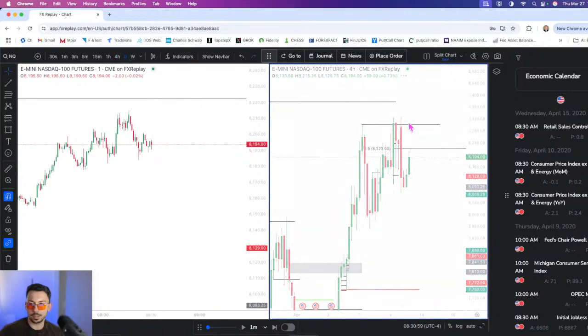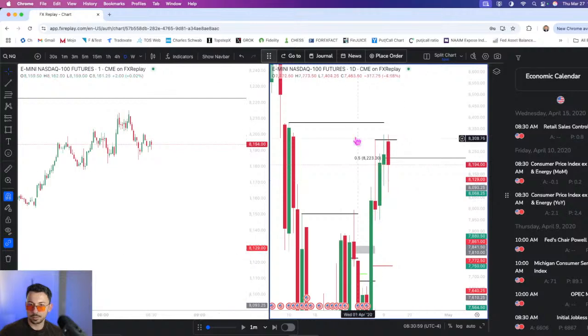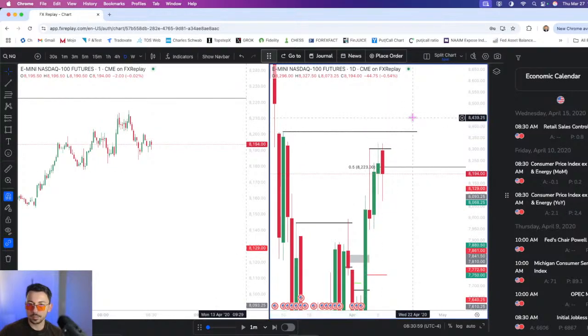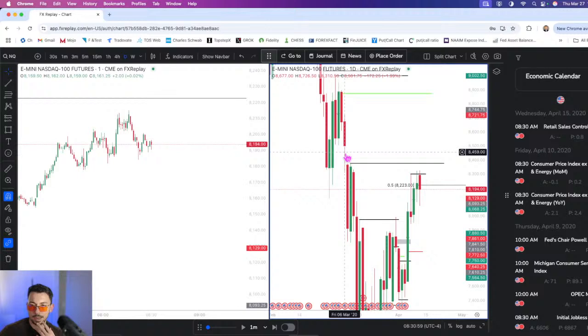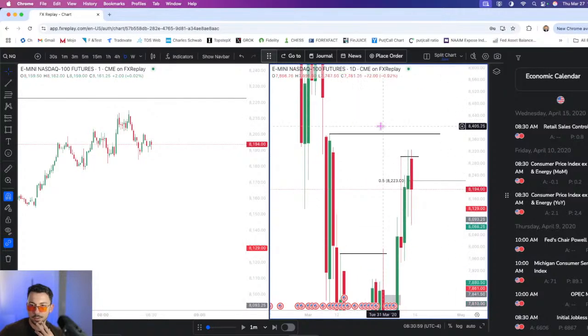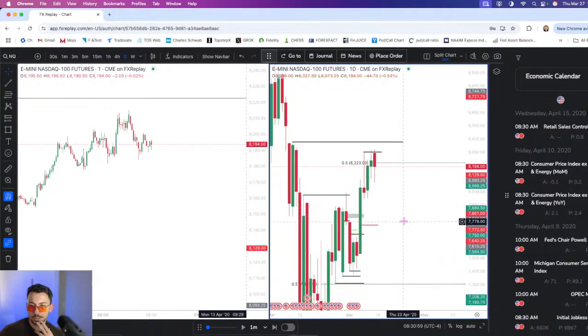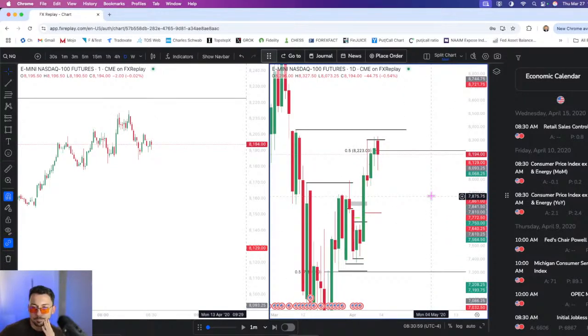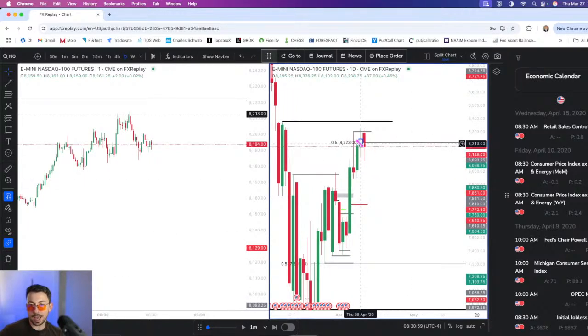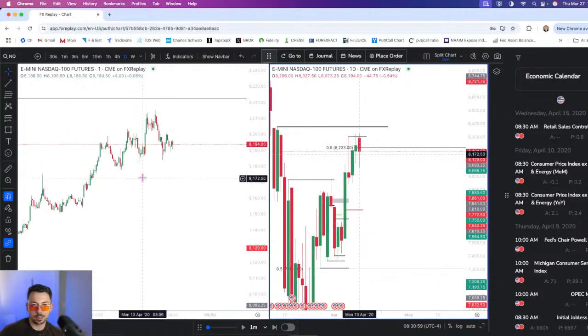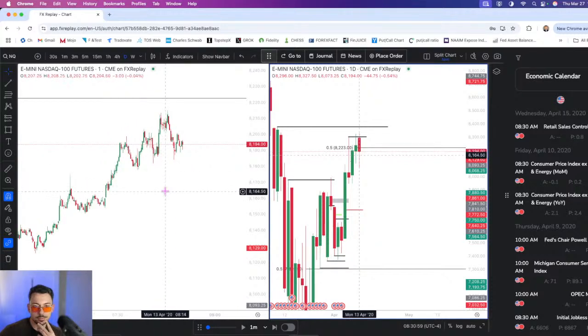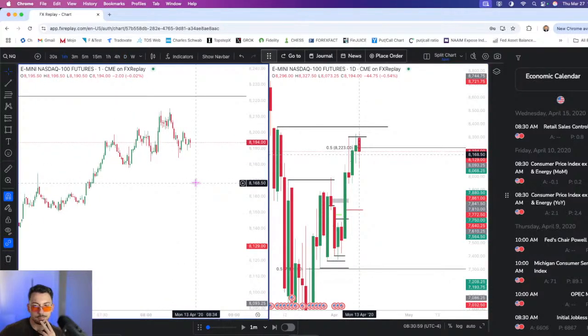Okay, let me look at the daily quick. Okay, so there's a huge gap on the daily that's probably going to fill at some point. We did tick into it right here, but this is a massive volume imbalance. It could be a draw on liquidity. Now, this is a tough call. What could easily happen here is we trade back down into this daily fair value gap, and then maybe we get an A+ setup from there. But so far, I don't know. This doesn't look great to me. We did just hit this high.